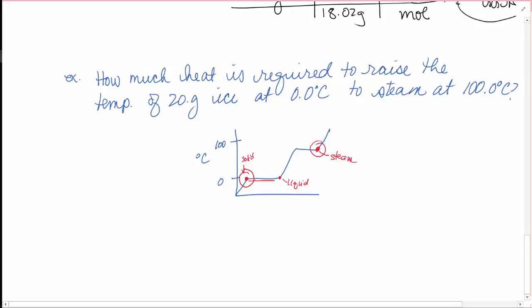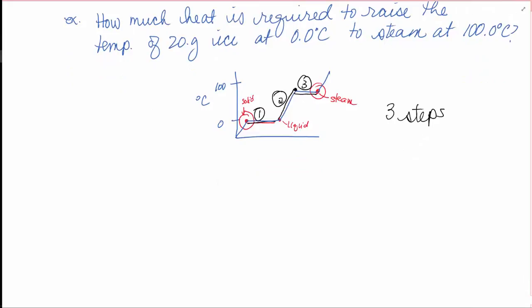Well, here's the corner where it's steam at 100. So I actually need to first melt it. Then I'm going to have liquid water at 0, and I need to get that liquid water up to 100 degrees. So that's number 2. Then I need to boil the water. That's number 3. This is going to take 3 steps to get there. All right, let's do each step in order. Number 1, I got to melt the ice. I know my heat of fusion